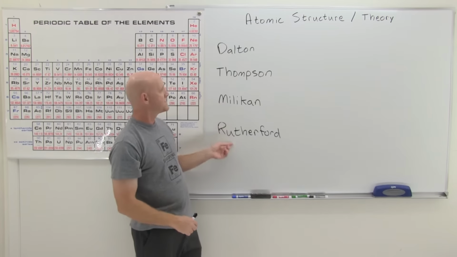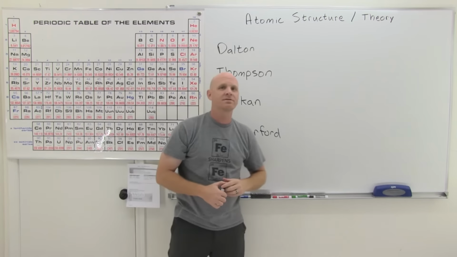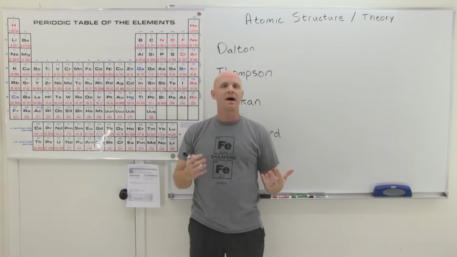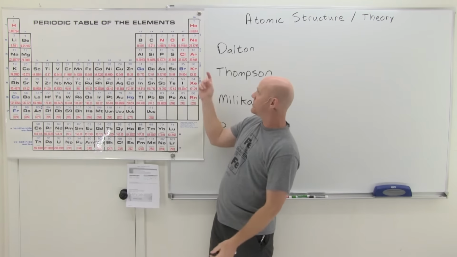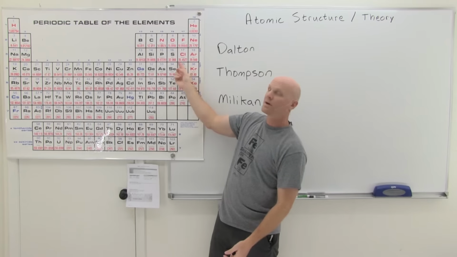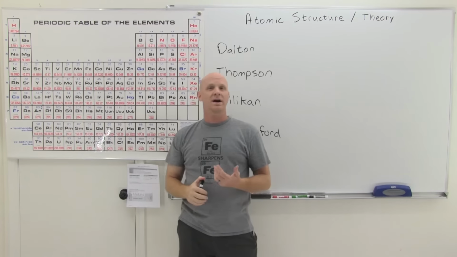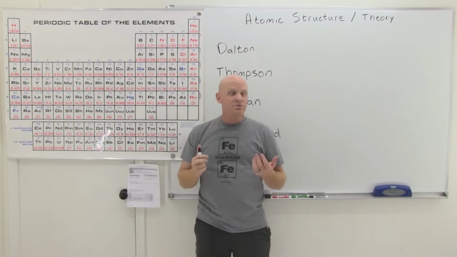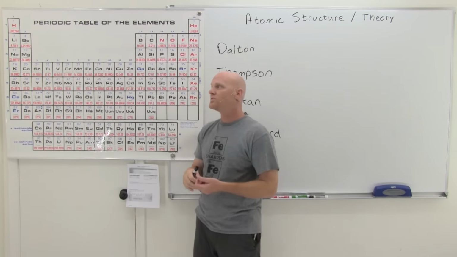We're going to start with some of the early fathers in modern atomic theory. We're going to go through isotope symbols and how to identify the atomic number and the mass number. We'll talk about isotopes themselves and how you calculate the atomic mass, knowing some of those individual isotopes and their relative abundances. We'll talk about the subatomic particles, protons, neutrons, electrons, and then we'll finish this lesson off by taking